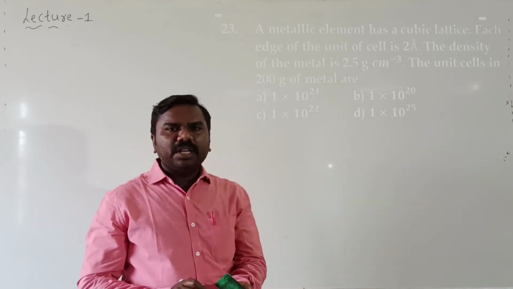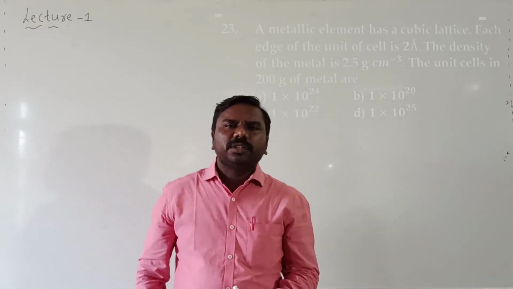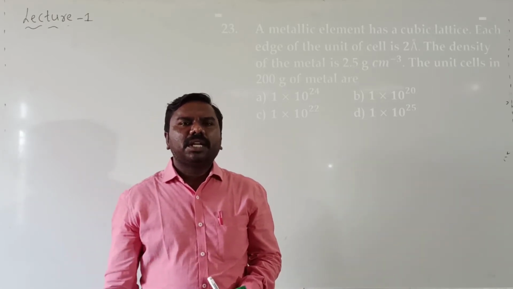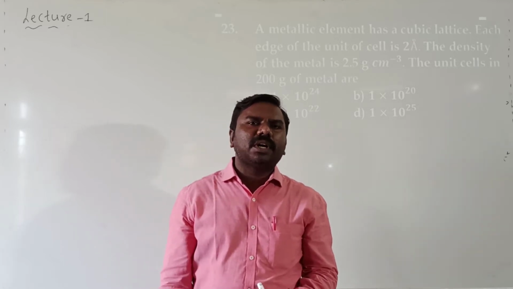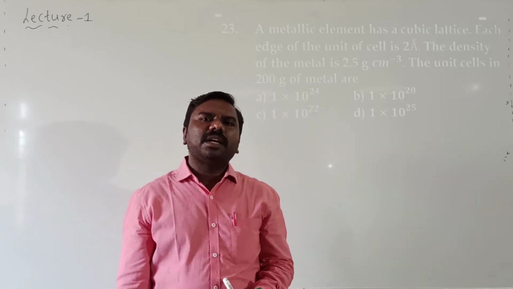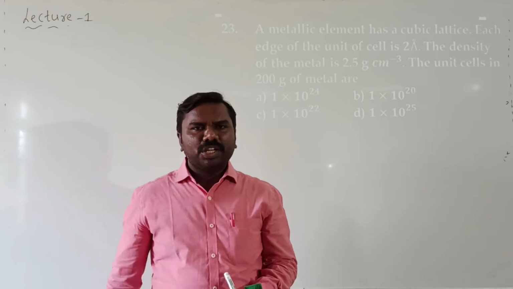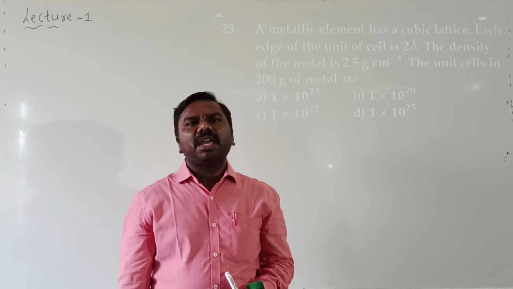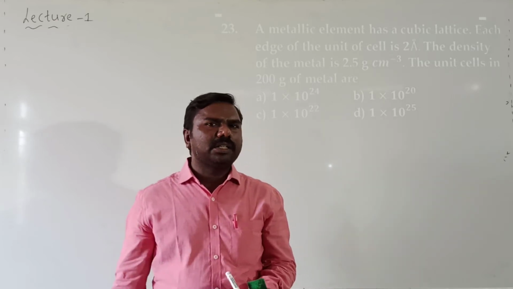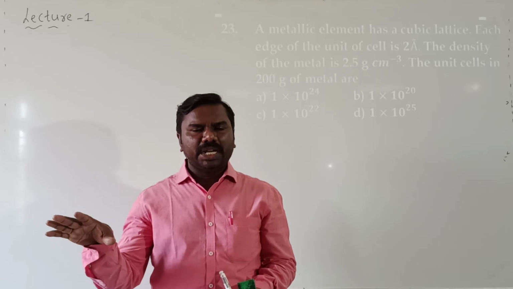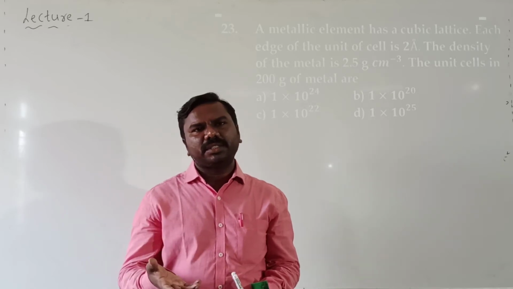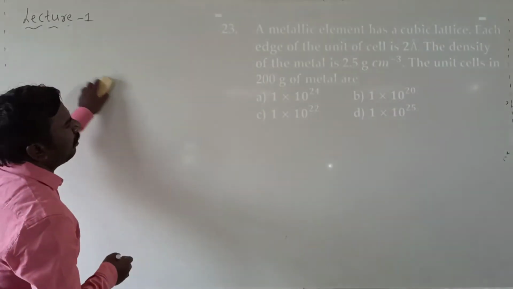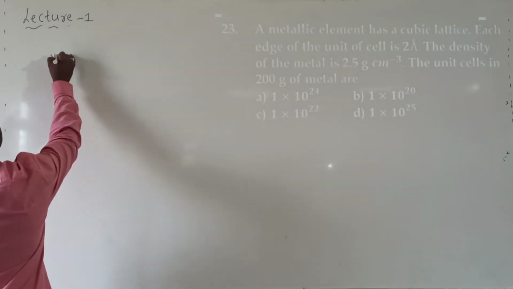For example, in our classroom, just imagine class is going on and all have the same mass, 50 kgs. Then I should know how many members are present in the class. So how to get that? Total mass by each member's mass. Clear? It means all are weighing the same weight, that's why I am considering that. Total mass by each member's mass, then I will get the number of members in the classroom. Similarly here also.